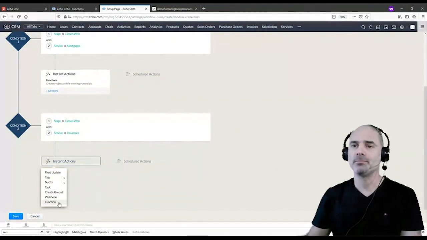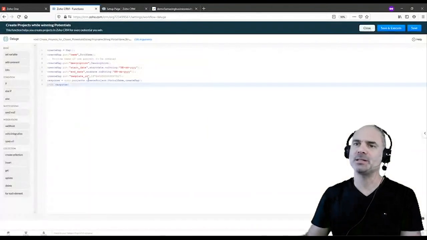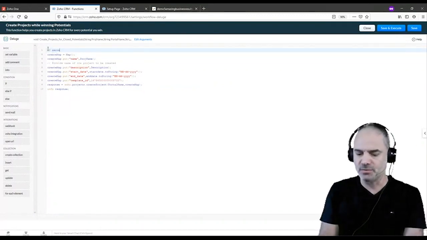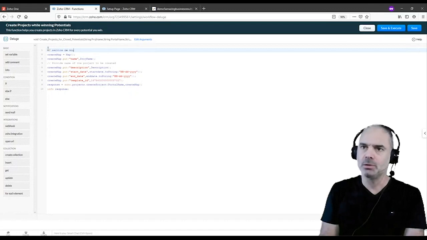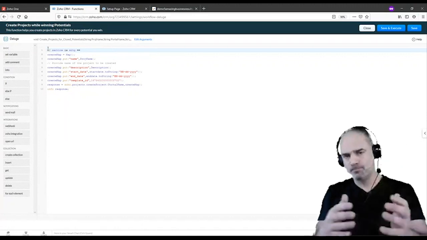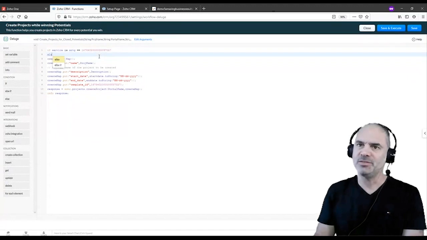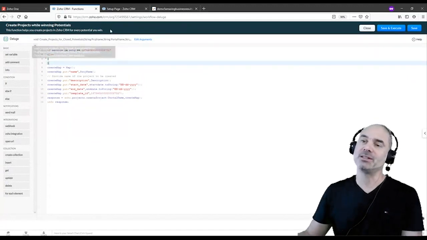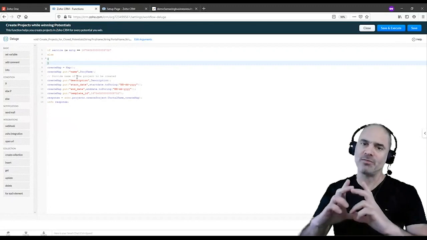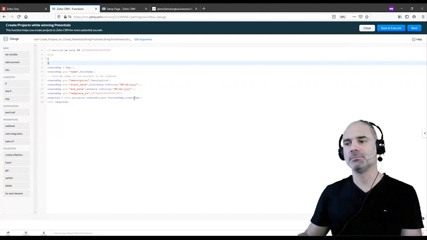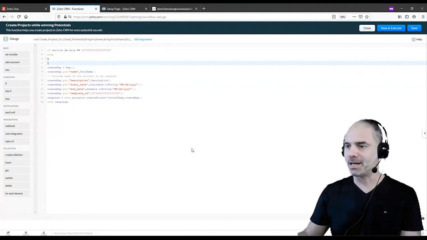Make sense? Okay. Now, if you want to go fancy, you can have one function, and then you will have here some kind of a condition. So if the service is mortgage, then you will need to have this template. If it's not, then it will have the second template ID. And then you have just one function for the entire thing. Okay. Make sense? Yes, it does. Very good. Any other question?